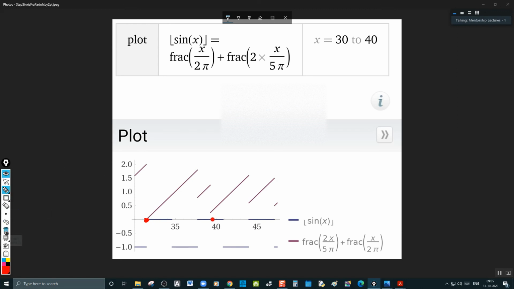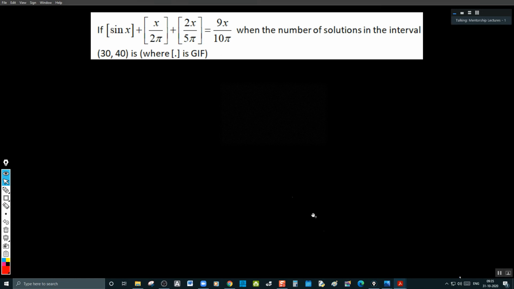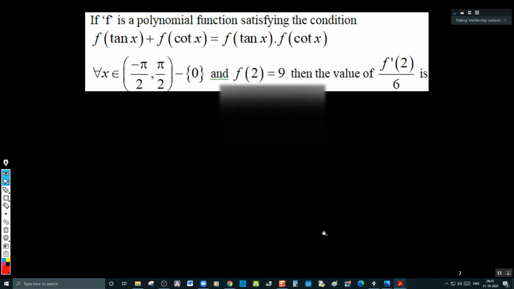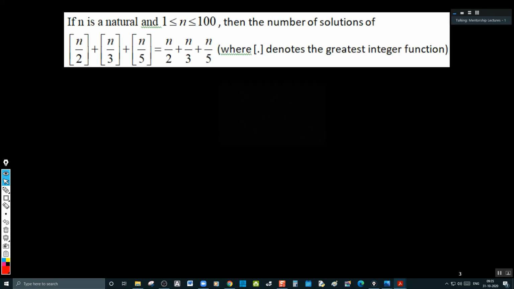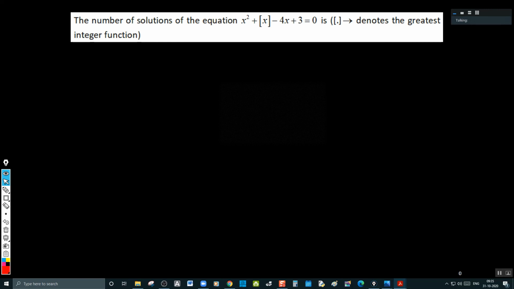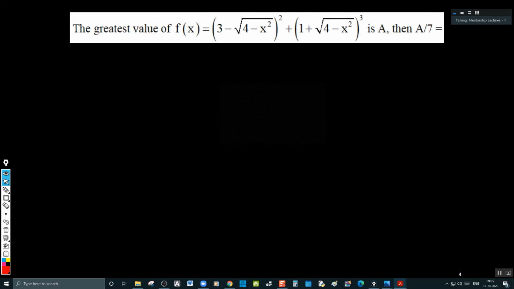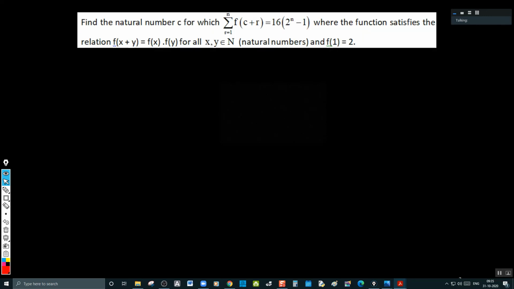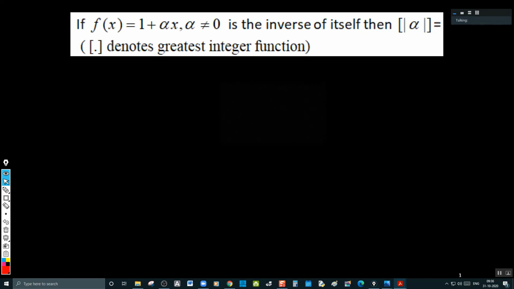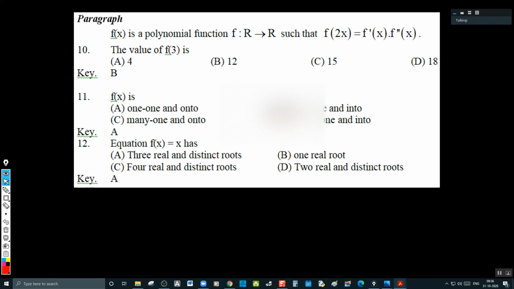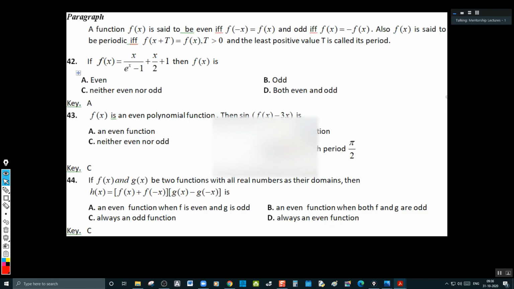That's what it is. Okay. Now, just a moment. ये है f of tan x plus f of cot x। ये भी है, ये भी आप कर सकते हैं। नंबर ऑफ सॉल्यूशंस ये भी है। ग्रेटेस्ट वैल्यू, इनवर्स, बस इतना ही लिया मैंने।